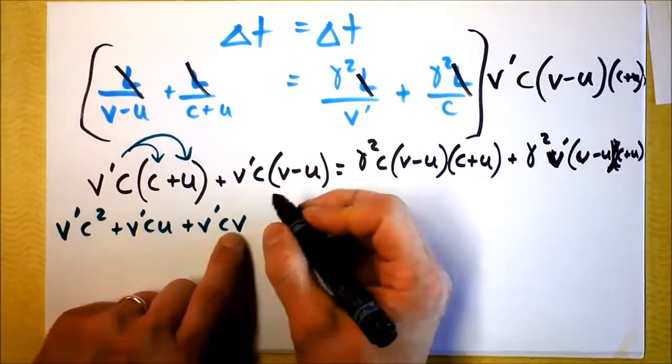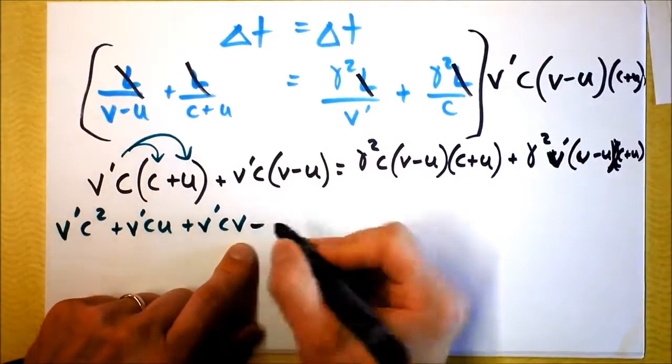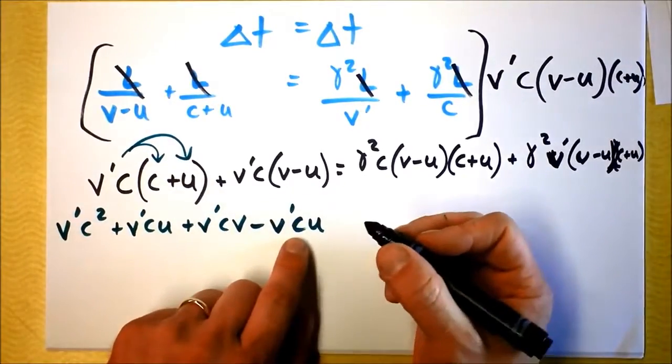And then we've got another V right here. Notice V and V prime are not the same thing. They're those relative velocities of the other things. And then they're going to have a minus sign right here. This is a V prime and a C and a U. Oh my goodness. And then